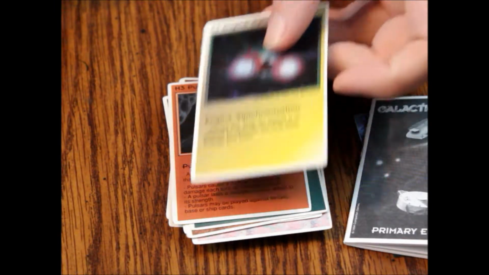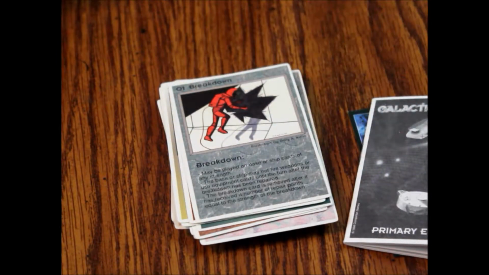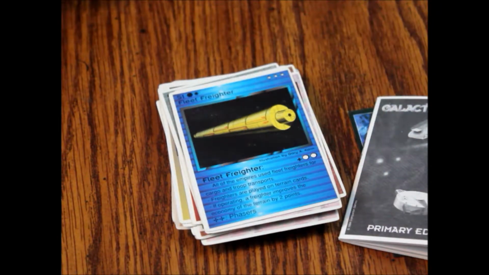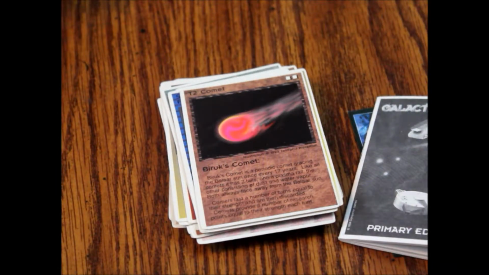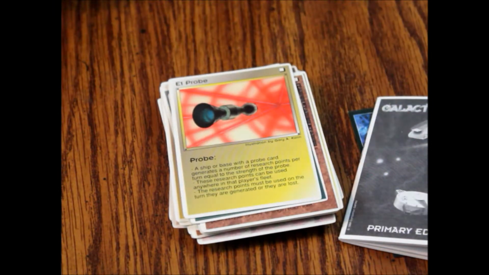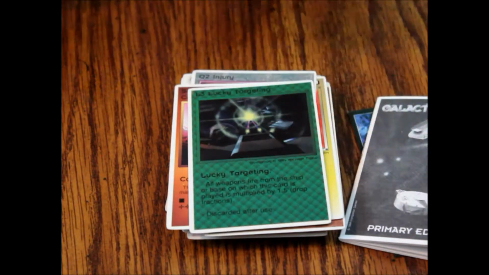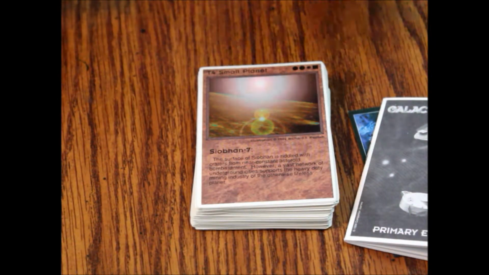Engines Synchronization, Corporate Destroyer, Breakdown, Large Asteroid, Helmsman, Fleet Freighter, Phaser Refit, Comet, Maquad Light Cruiser, Probe, Injury, Corporate Light Cruiser, Lucky Targeting, Small Planet, Boarding Party,